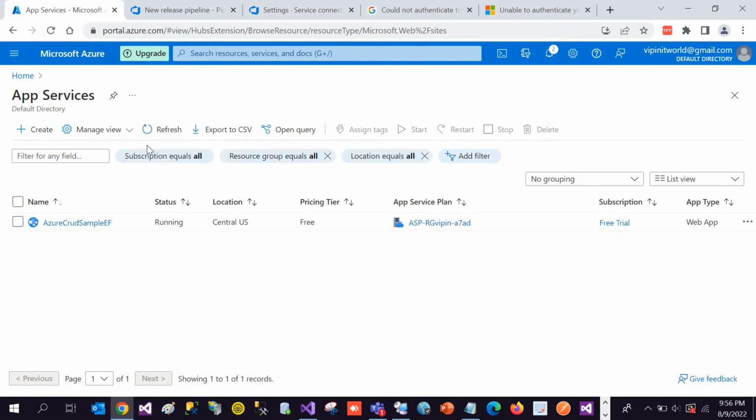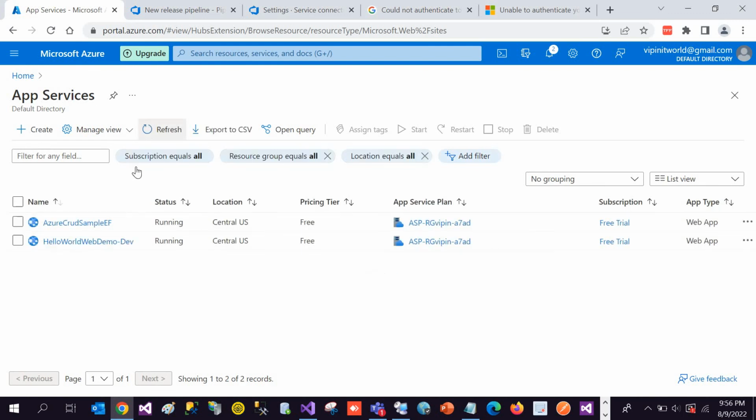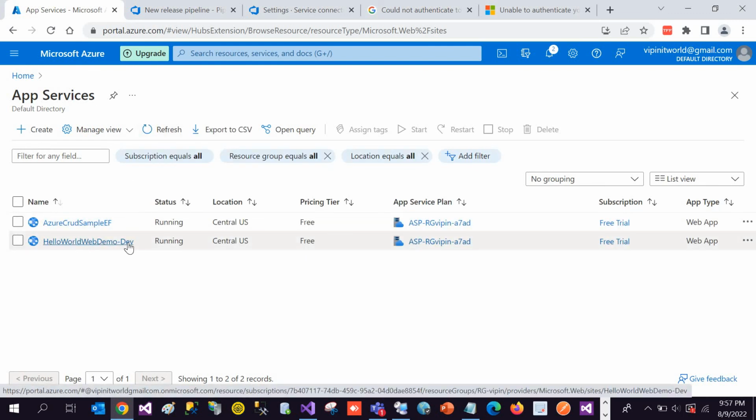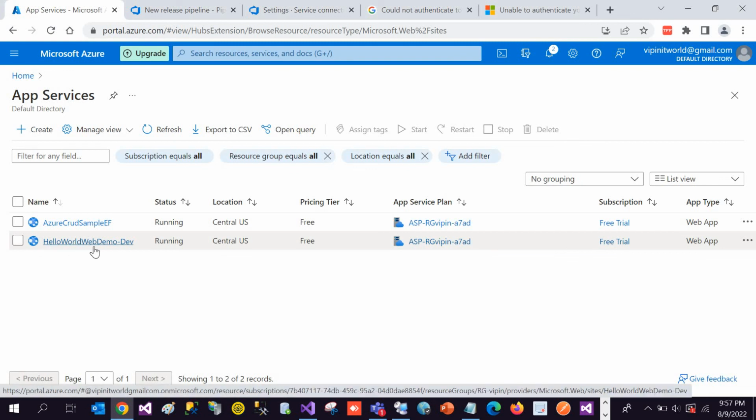Our dev app service will come in just a bit because it is running behind the scenes. So let me click once again, refresh. Yeah, so let me click on this. Yeah, so we can see our Hello World Web Demo dev app service is running. Now what does it mean? It means that we can say a kind of dedicated machine, or kind of server,